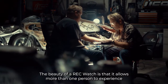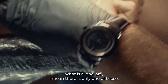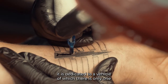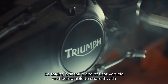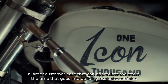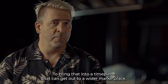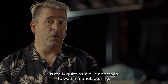The beauty of the Rec Watch is it allows more than one person to experience what is a one-off. I mean, there is only one of those. Most cases with all the Rec products, you're talking about a product dedicated to a vehicle of which there's only one. And so taking a small piece of that vehicle and being able to share it with a larger customer base that can appreciate the effort, the time that goes into building exclusive vehicles, to bring that into a timepiece that can get out to a wider marketplace is really quite a unique